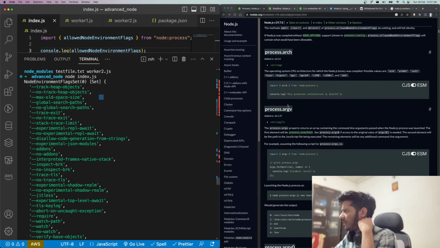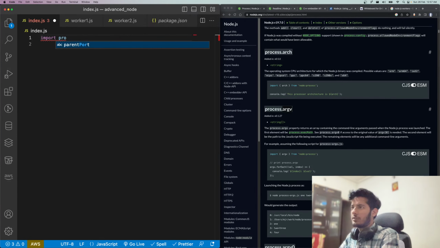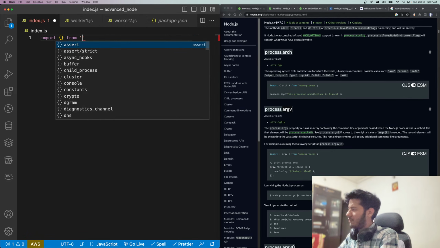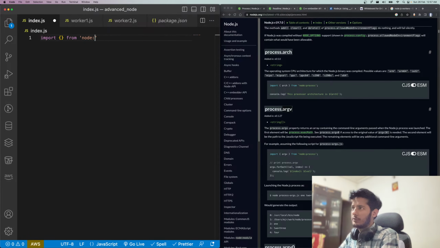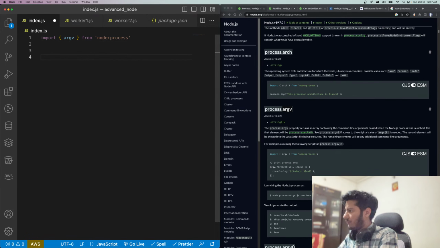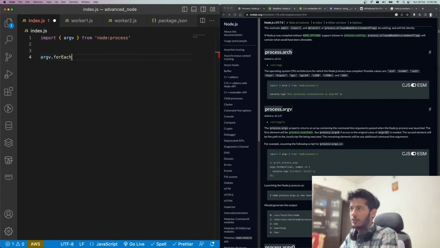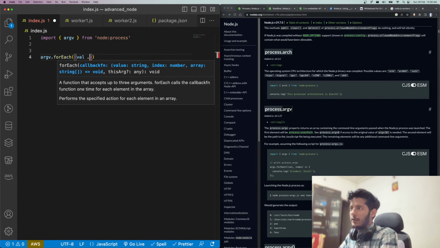Rest I cannot say. Then we have this, which gives you command line arguments, which is cool. Okay, let's try to do this one. So if we just take node process, and if we just say argv dot forEach val and index,